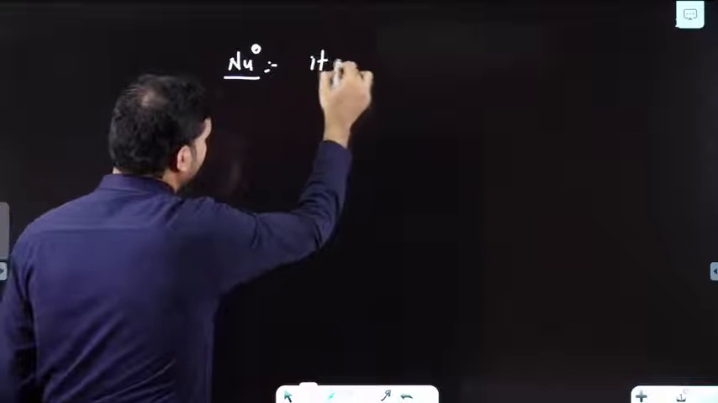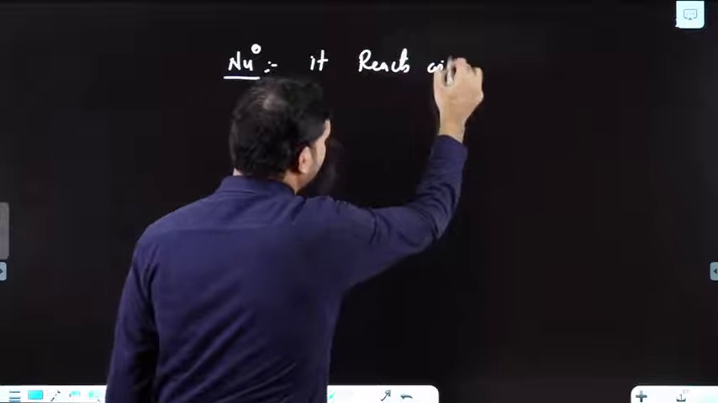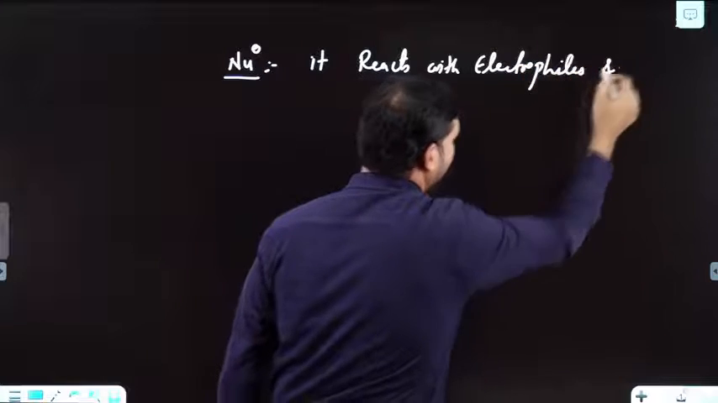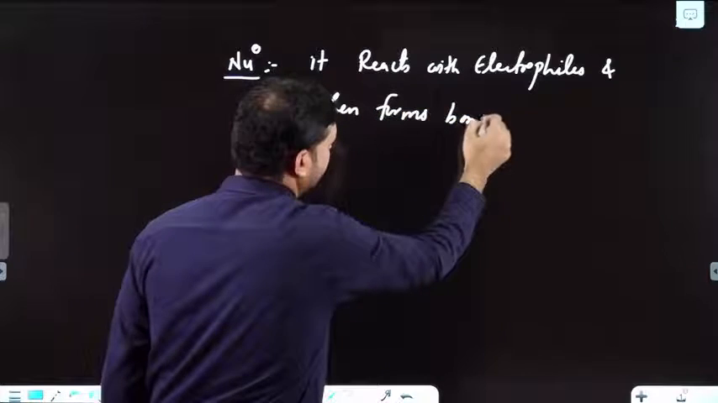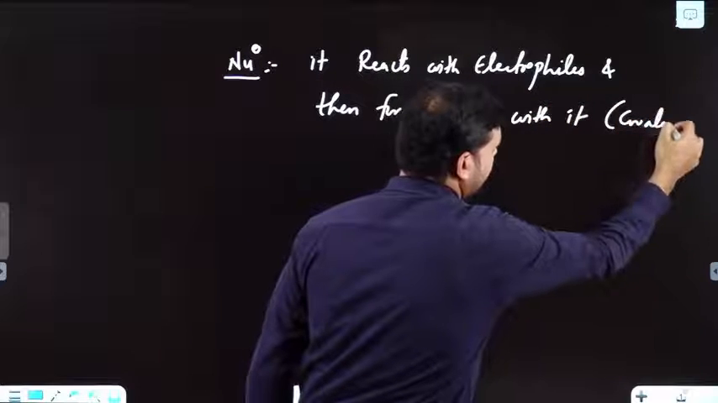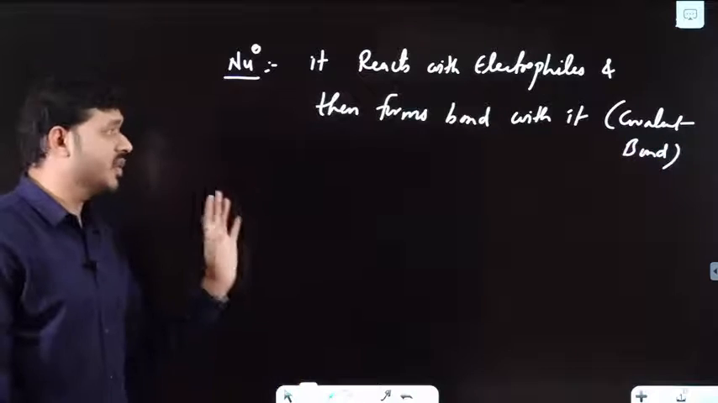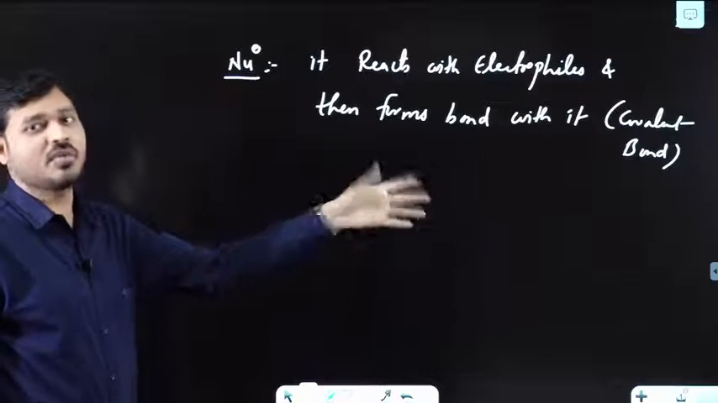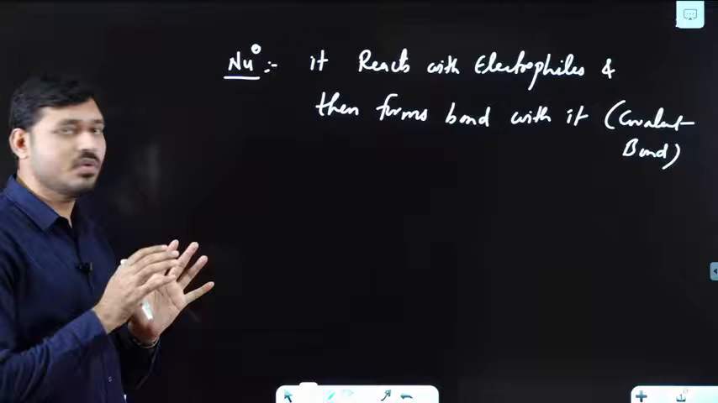Nucleophilicity: it reacts with electrophiles and then forms a bond with it, and that will be your covalent bond. Okay, clear? So nucleophilicity, when you say it, it reacts with the electrophile and then finally forms a covalent bond with it. Clear? Now why I'm telling this thing, I'm just trying to tell you about